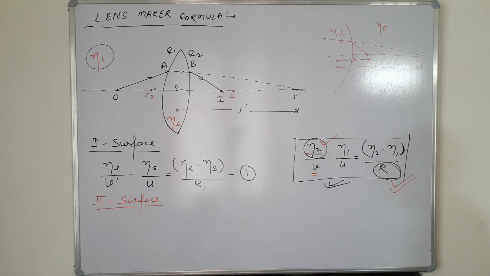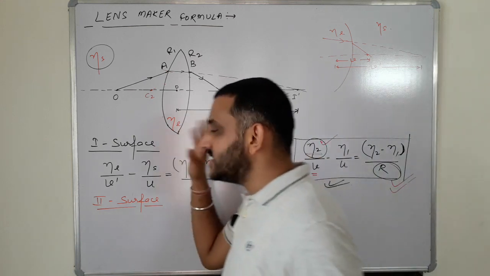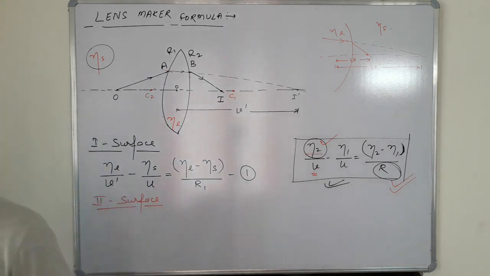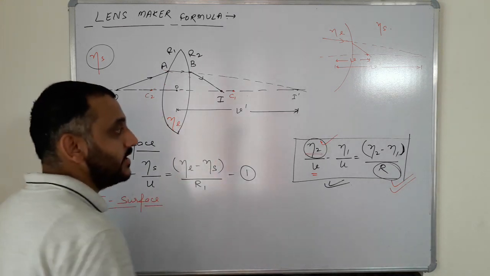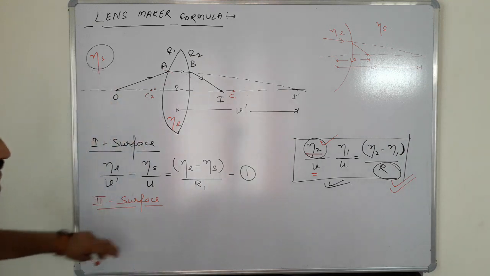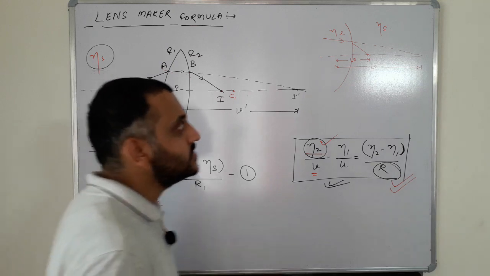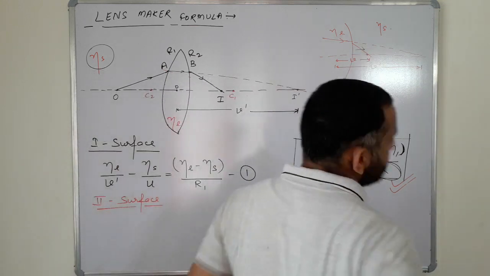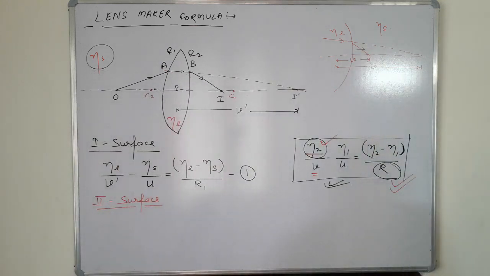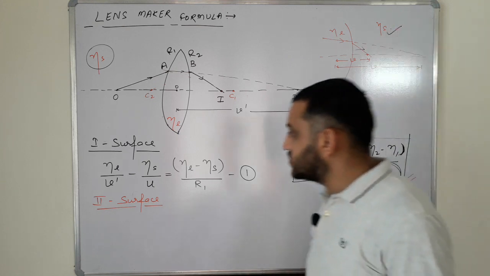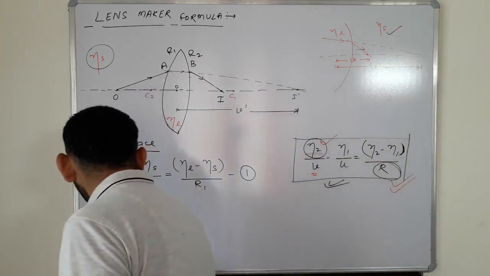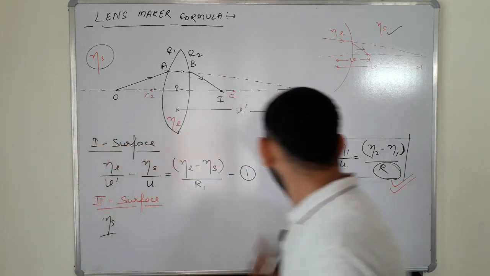So if we are applying this particular expression for the second surface, second surface के लिए अगर हम apply करते हैं, so what we will get? We will get neta 2 by V. Neta 2 is that particular medium in which the ray is going, in which the ray is entering, you can say. So that is neta S. So I will put here neta S by